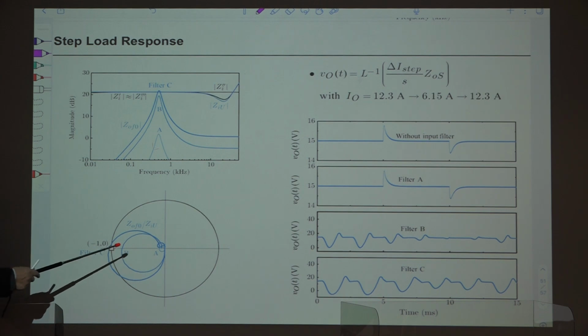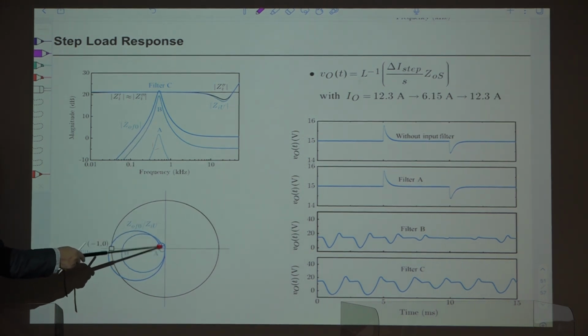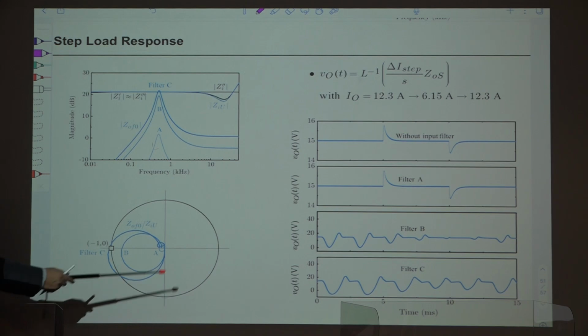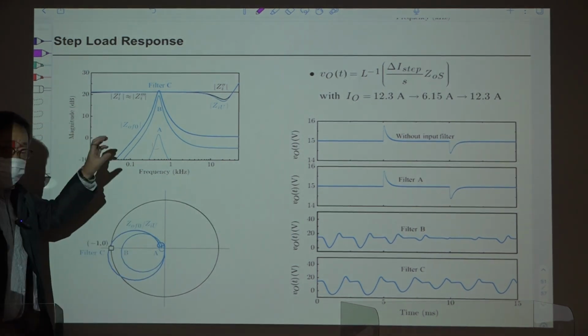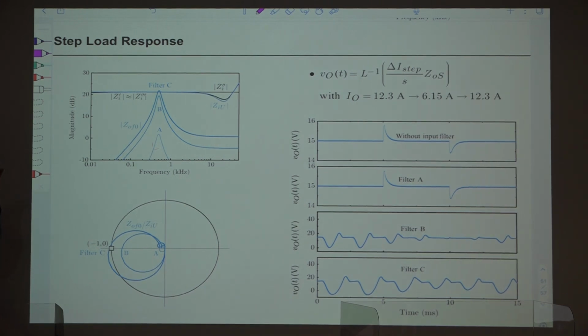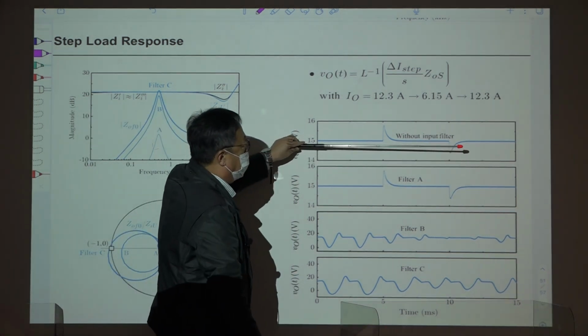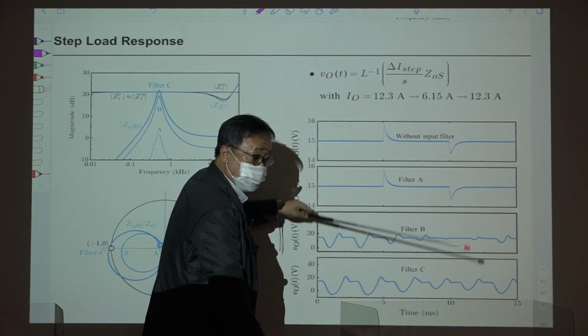Polar approach shows the converter with filter A, converter is very, very stable. And converter B is marginally stable, with converter C is unstable. So this is a transient response of output voltage in response to step changes in the load current. Okay? So this is the case of uncoupled converter without in-filter, and this is the with filter A, which provide